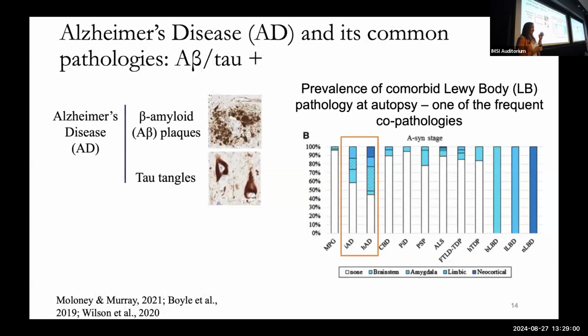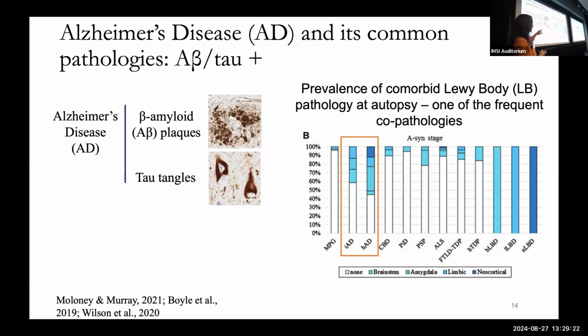Since then, if you're following AD research, there's lots happening in fluid biomarkers. This is the new thing for us beyond imaging. And one of the new advancements in fluid biomarkers is a new technology to detect the Lewy body pathology in fluid, in cerebrospinal fluid, CSF.